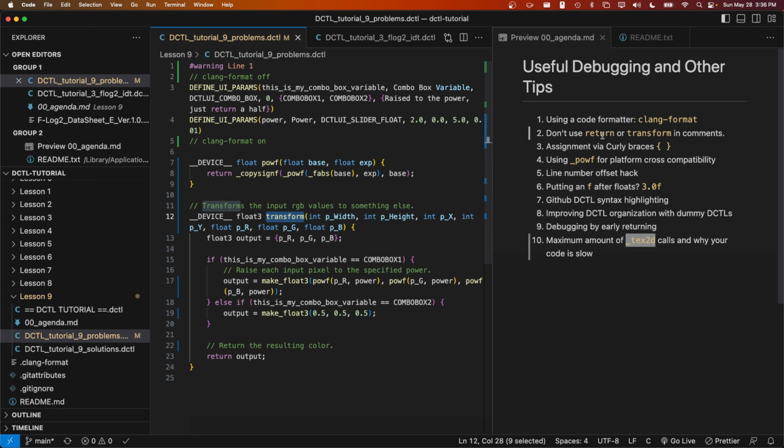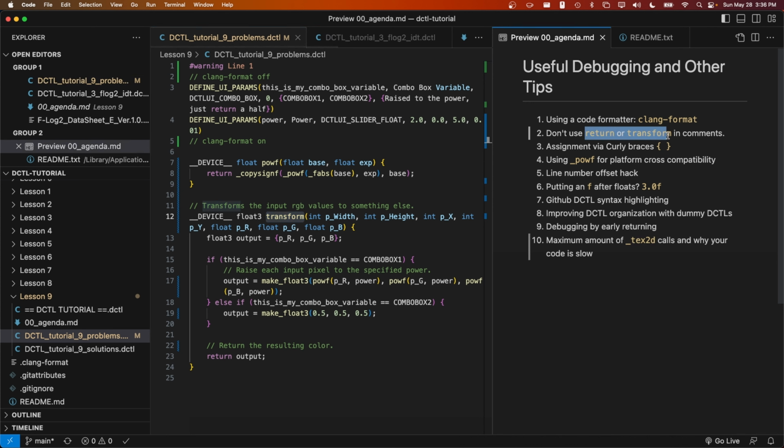In this episode, we covered code formatting, these two words that you really want to avoid in comments being return and transform, assignment via curly braces being problematic on NVIDIA systems, and I recommend not doing it on any line other than where you declared a variable, how powf can be problematic when given a negative base, and how you can modify it to better suit your specific needs for a specific DCTL, identifying which line of code an error message took place on if the error message did not give you enough information to deduce it from that message alone, whether or not you really need to put f's after floating point constants,